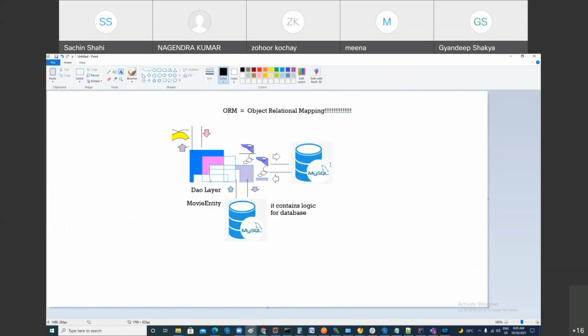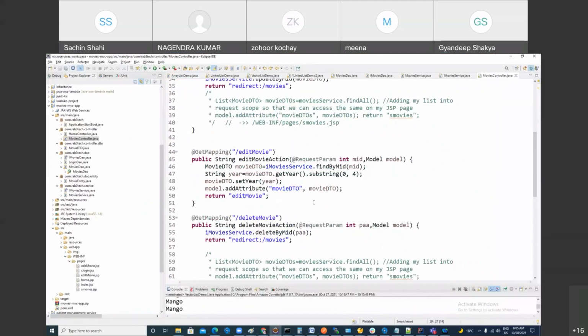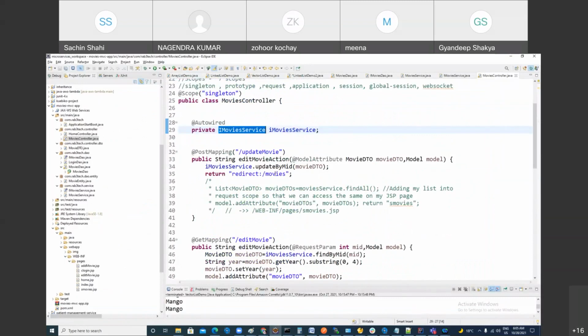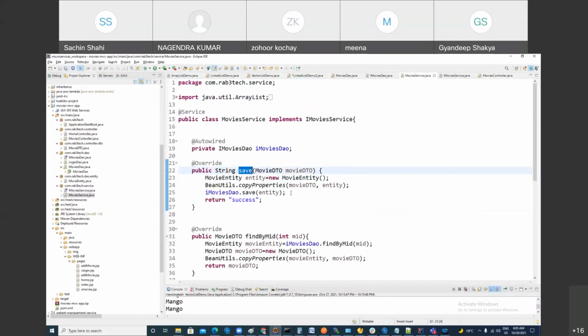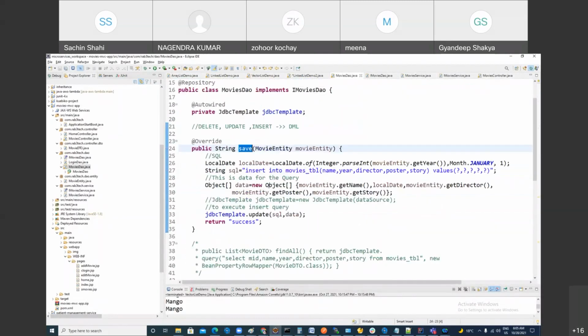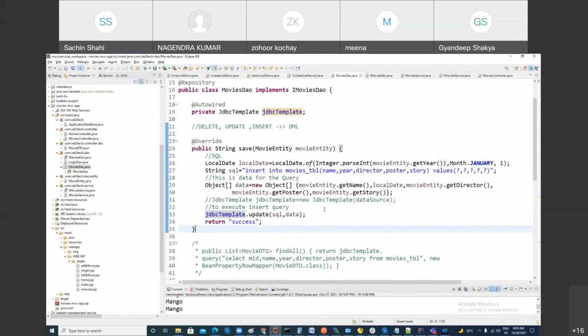So what is the benefit of it? See, if you want to persist some data, let me show you an example. When you want to persist some data, what boring job are you doing? Any guess? You have to write a query and remember the placeholders. Then you have to prepare the data, then use a template. So whatever you are doing in this many lines, if you can do it in one line, then basically Hibernate